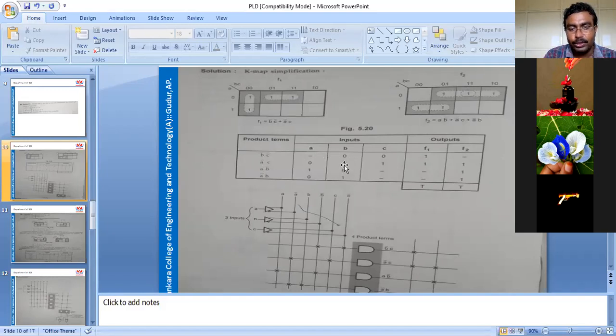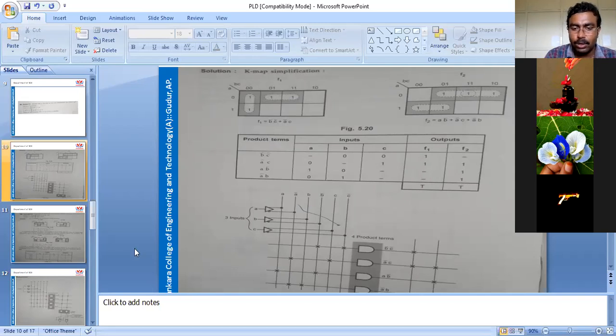Like that, you need to mention your inputs and the product terms you have under F1 and F2. Students, did you get exactly the 4 product terms? 2 product terms in F1 and 3 product terms in F2? Exactly, did you get it correct or not? Whether those 4 product terms are satisfied or not? Satisfied. So I'm giving true and true here. True and true here. So I'm not giving any complement value here.